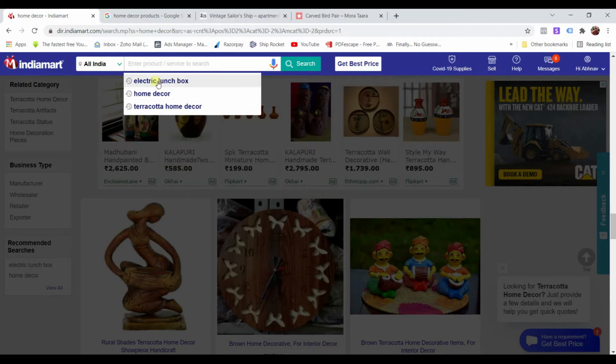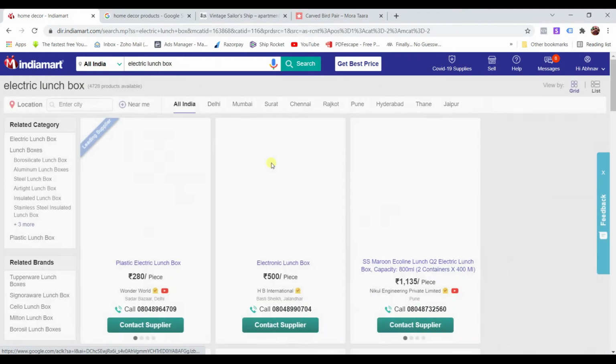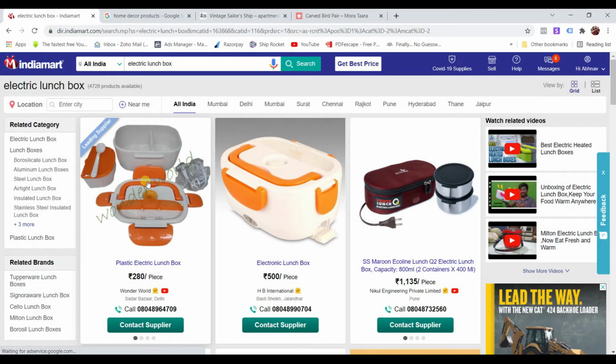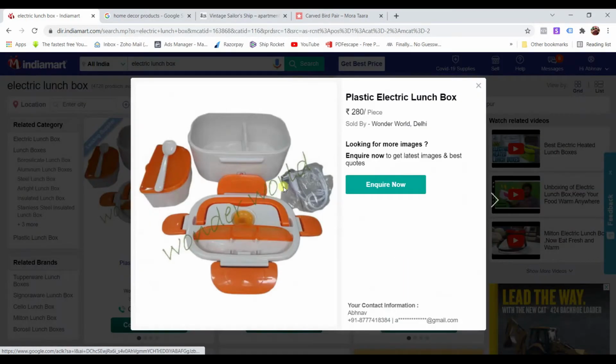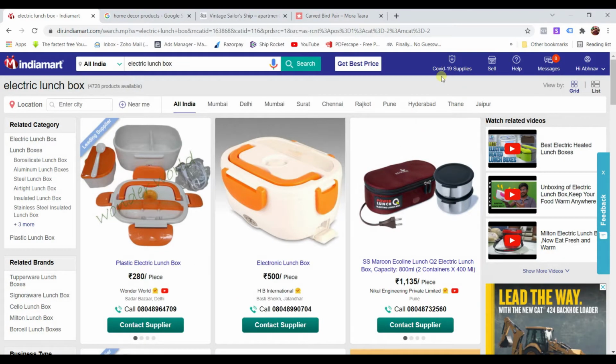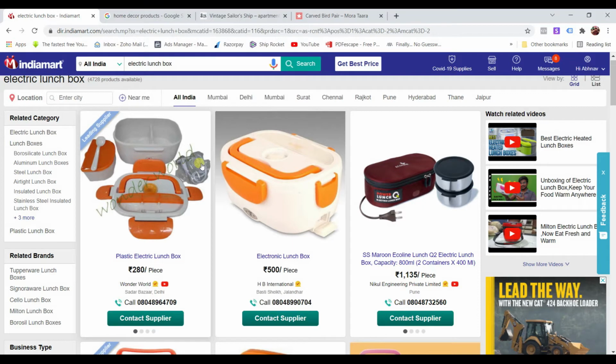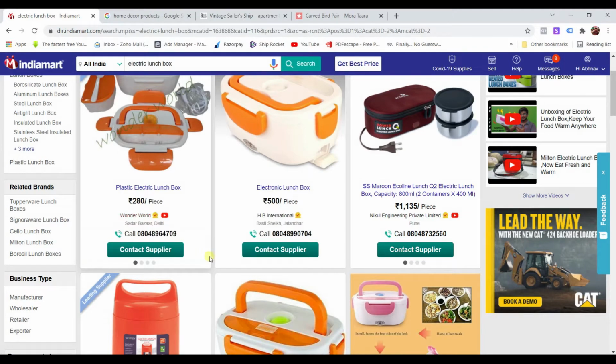or maybe some product that was really a hit at some point. This is actually a problem-solving product. What this does is allow you to warm your food at office. At office we don't get hot or warm food, right? Lots of offices have no provision of a microwave and all. So in that case, this could be very useful. It takes power from the electric socket and we can warm our food, right? So you can contact this supplier.